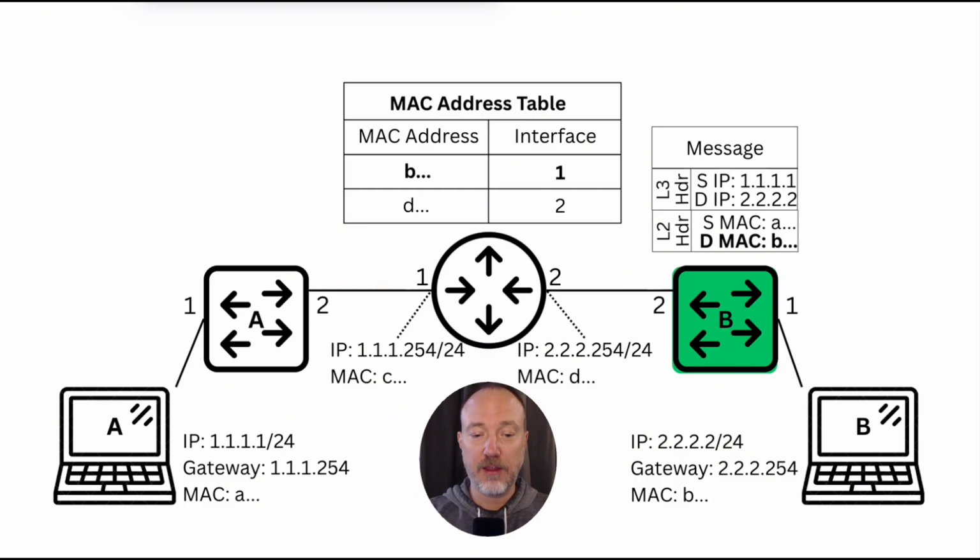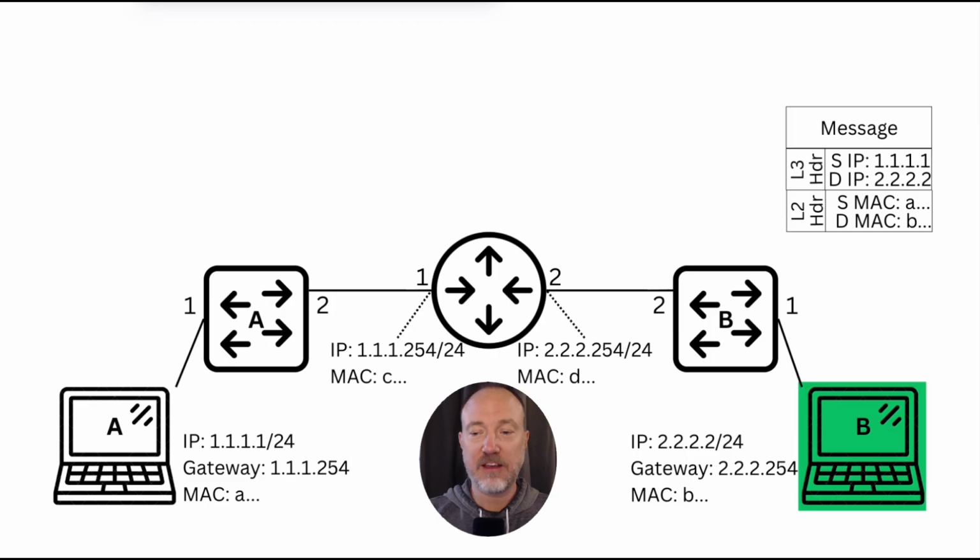So in the MAC address table, switch B has two entries. There is an entry that says that MAC address B is connected to interface 1 and that MAC address D is connected off interface 2. And those happen to be the connections for PC B and port 2 on the router. So switch B knows that in order to send this to MAC address B, I have to forward this frame out interface 1. So switch B forwards it out interface 1, and PC B receives that physical information, converts it to